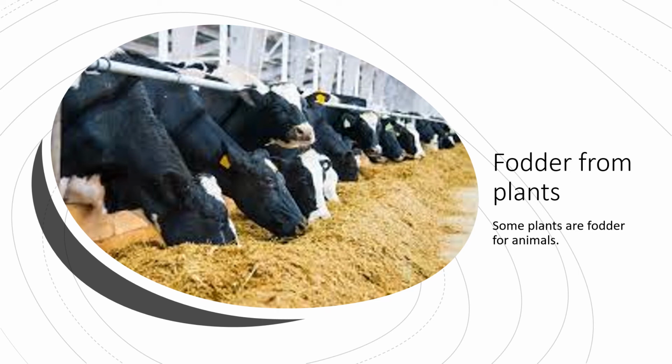Fodder is prepared from the dry grass of crops when the crop of rice, wheat and jawar is cut down. The grains are taken off and the grass below is dried. That dried grass is ground and crushed and mixed with some other ingredients and prepared. A fodder is prepared out of it. This food prepared from the dry grass is called fodder.